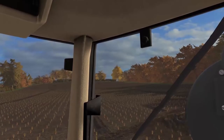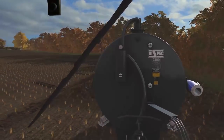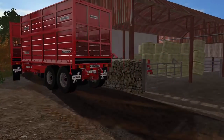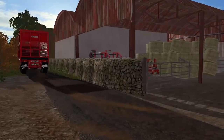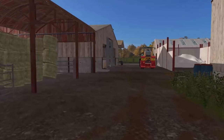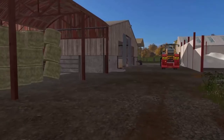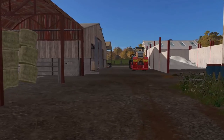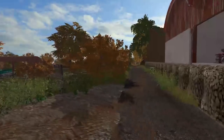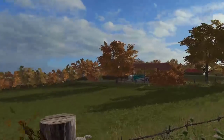But we will continue into here, and then we'll head back up to the yard, fill this up, and see off the rest of the contractors. And there go the trailers, everybody. They are away to go and catch up with the forage harvester somewhere. And the pit has been sheeted. It's not quite as even as I would have thought it would be, but it's sheeted over anyway. And the loader driver is just loading everything up onto the low loader, getting everything chained down, and that'll be away too. So with that, that is the end of the maize harvest, as small as it was,